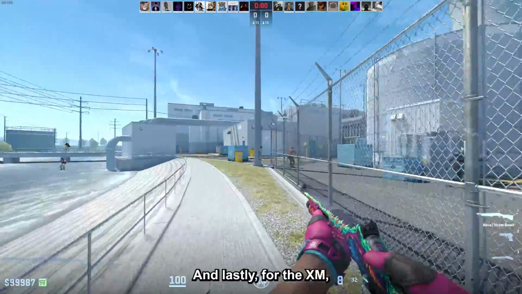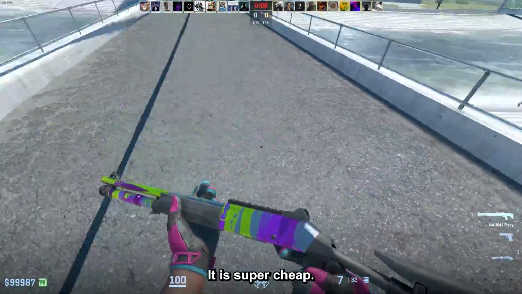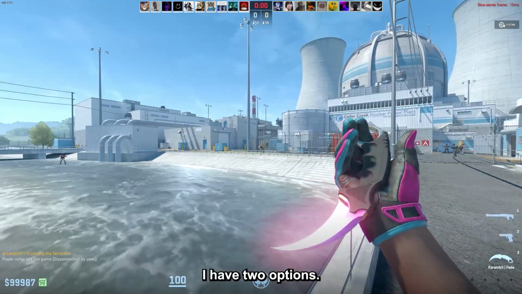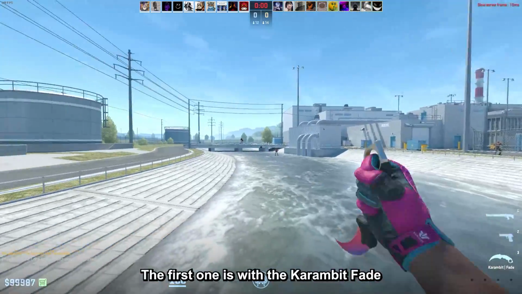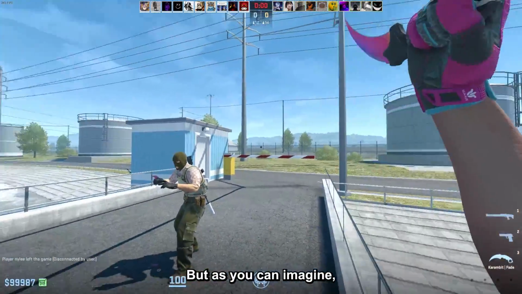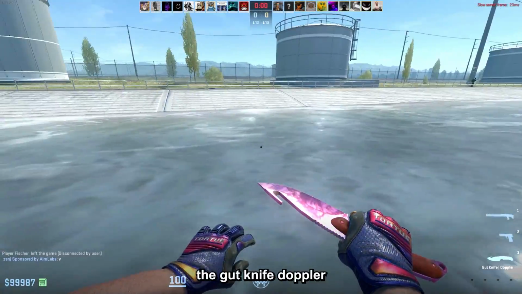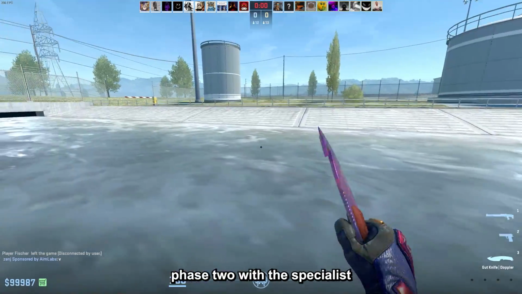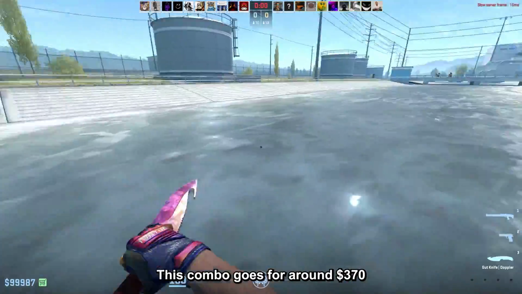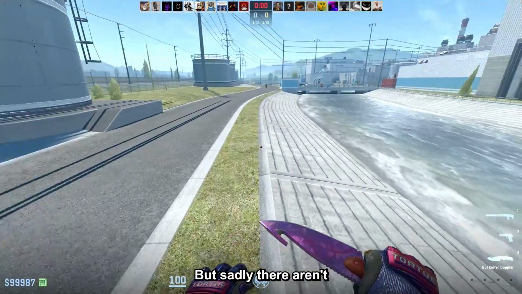And lastly for the XM I chose the Ziggy, which fits perfectly, and best part is it is super cheap. A factory new one doesn't even cost $1. Lastly for the knife and glove combo I have two options. The first one is with the Karambit Fade and the Sport Gloves Vice, but as you can imagine this one is very expensive, so a cheaper option would be the Gut Knife Doppler Phase 2 with the Specialist Gloves Fade in Battle-Scarred. This combo goes for around $370, so it isn't too cheap,